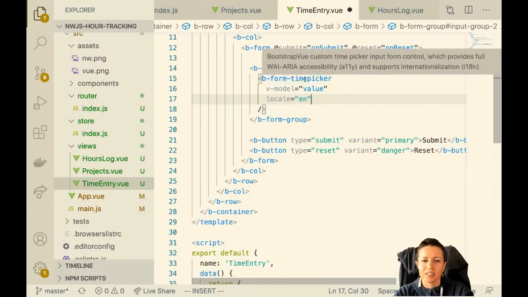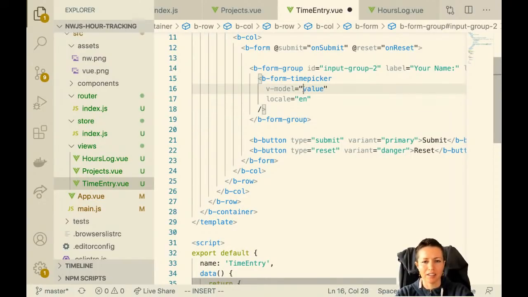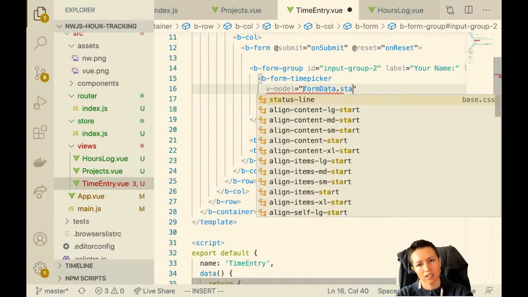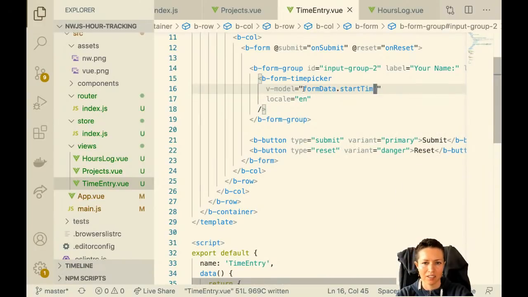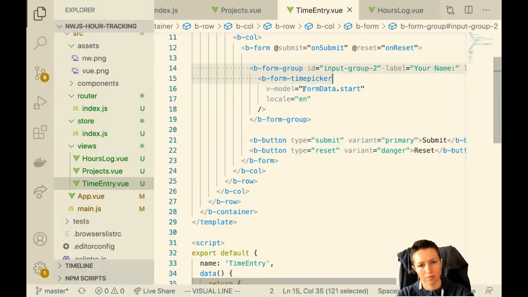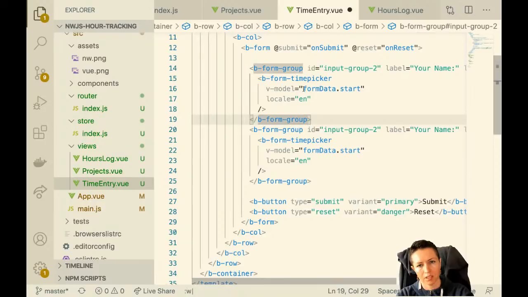Okay, so vModel will be, oh wait, form data dot start time. Or I should put start, I guess, because there's start and end for times, and then there is just one date, because it won't go over into the next date. So everything is separated by which day you worked on. And yeah, so if you need to go into the next day,